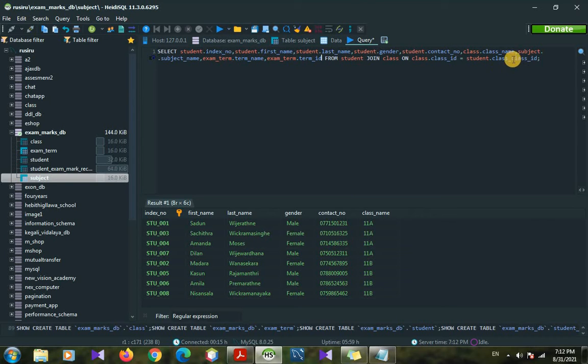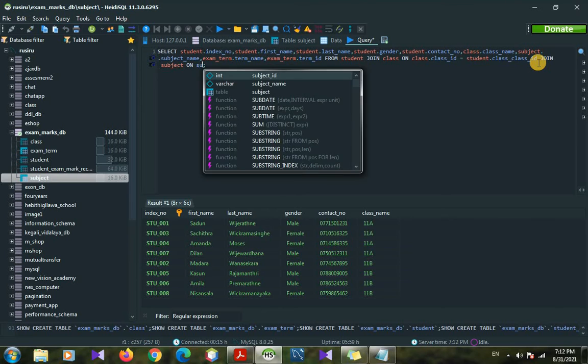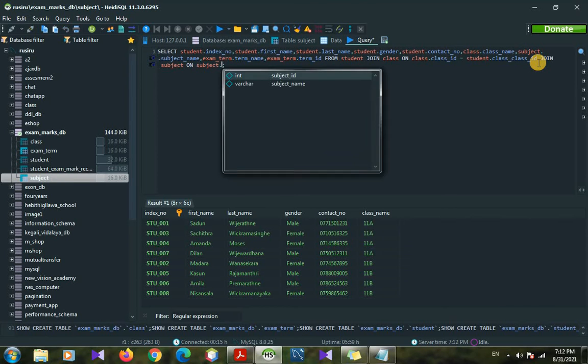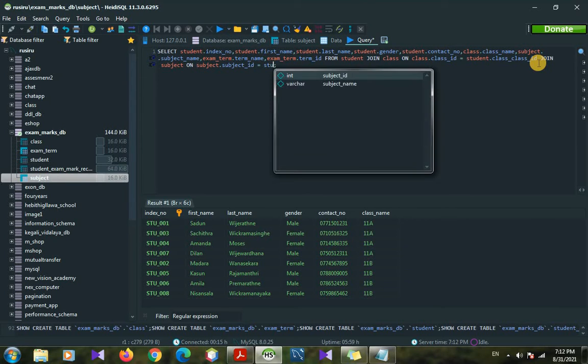So here we can join the tables. We can type join subject table on, using the on keyword, subject table dot subject id equal to student exam mark.